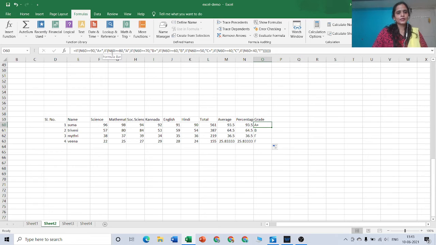if, open the bracket, N60 is greater than or equal to 80, comma, double inverted comma is opened, we have to type the A, close the double inverted comma, again if, open the bracket, N60 is greater than or equal to 70, comma, then open the double inverted comma, B plus, close the double inverted comma, if, open the bracket and again type N60 is greater than or equal to 60, comma, open the double inverted comma and type B, close the double inverted comma, then type comma,